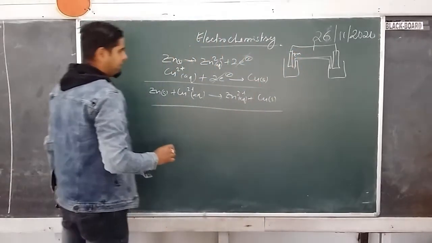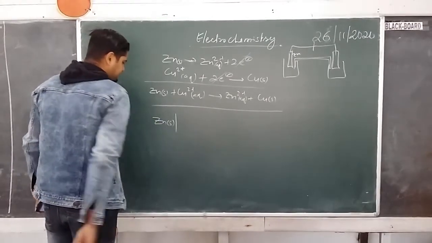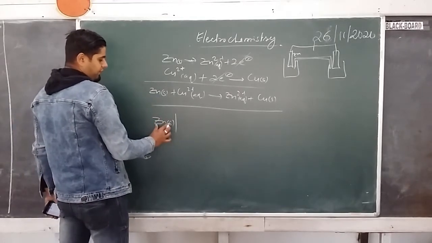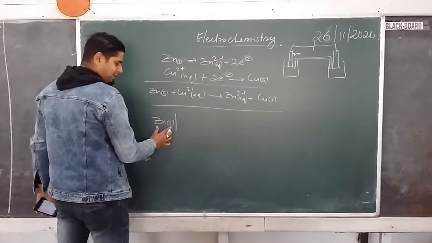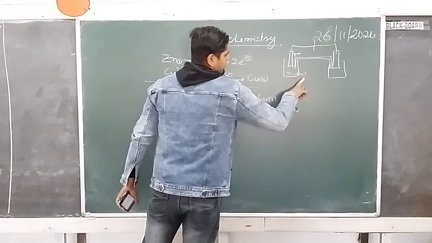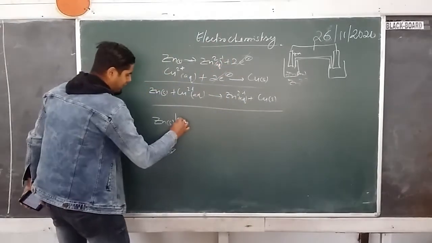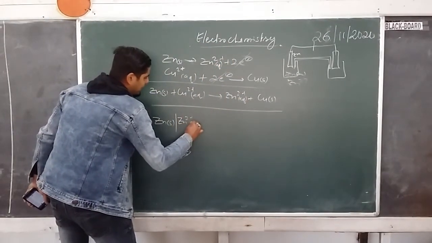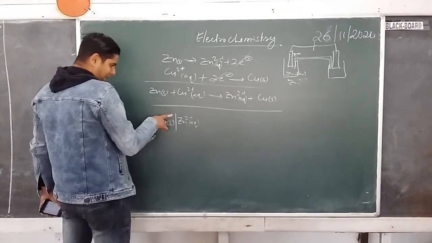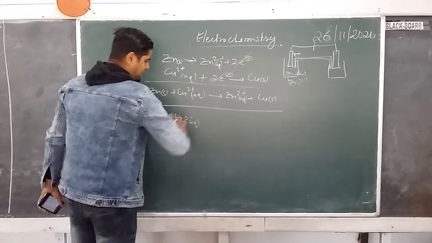Zinc electrode was there, yes or no? So let us first write zinc solid, and then one bar. This bar is for separation of electrode and electrolyte. So which electrolyte was there? ZnSO4. We don't write SO4; if it dissociates you will get Zn2 plus ion. Yes or no? So here we write Zn2 plus aqueous. So this first bar is for the separation of electrode and electrolyte.